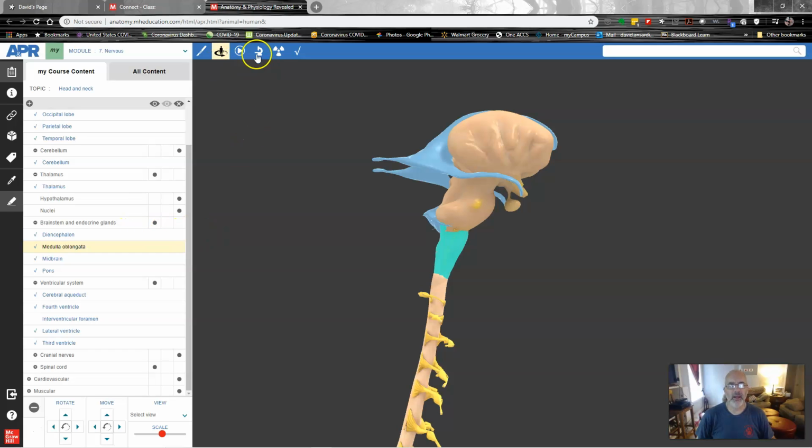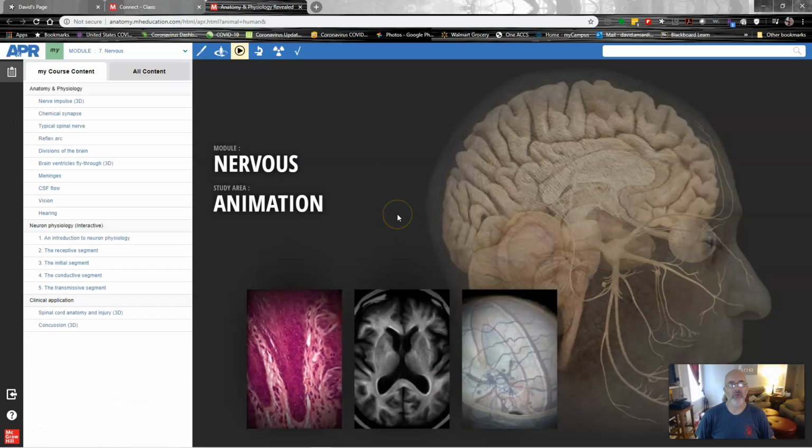And then back up here with this menu, if you click that, that's going to bring up some nervous system animations. And these are ones, don't worry about vision and hearing unless you're just interested in taking a look at those. But all of these would be good for you guys to take a look at. They might help you understand some of the other topics. Neuron physiology. We covered that more. That's how a neuron generates an action potential. We covered that more in Unit 4, but those animations are there as well